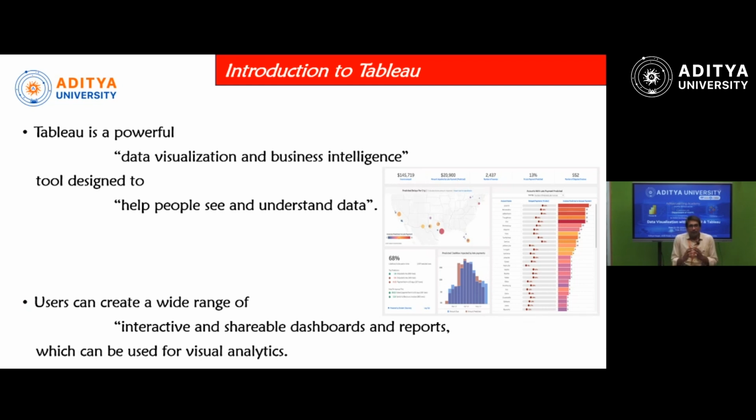First of all, Power BI and Tableau are both business intelligence tools first, and then they are data visualization tools. Even though they are data visualization tools, they are designed for